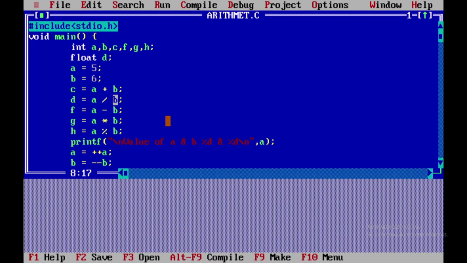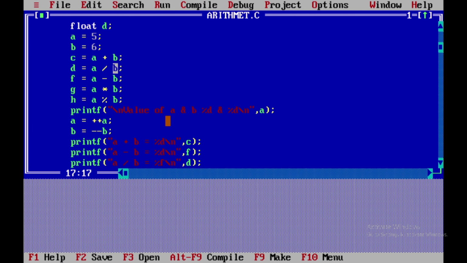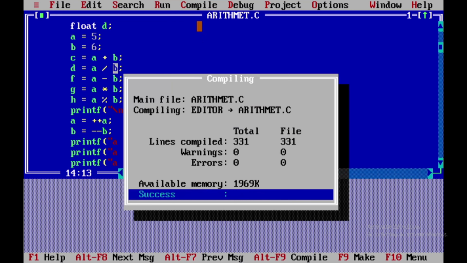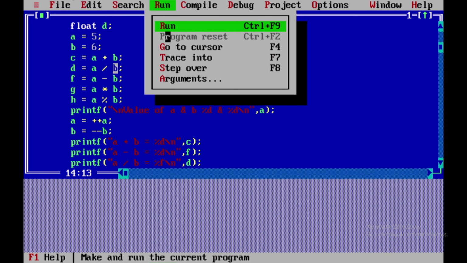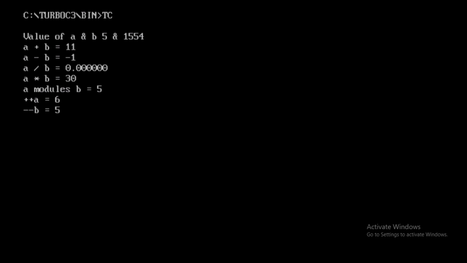So we have made one mistake here. We were printing the value after a and b were changed, after this. So here we have a and b, which was changing the value of a and b. Now we will check the output and run the program again, and here we have no error, and here we have the output. You can see now here we have a and b.